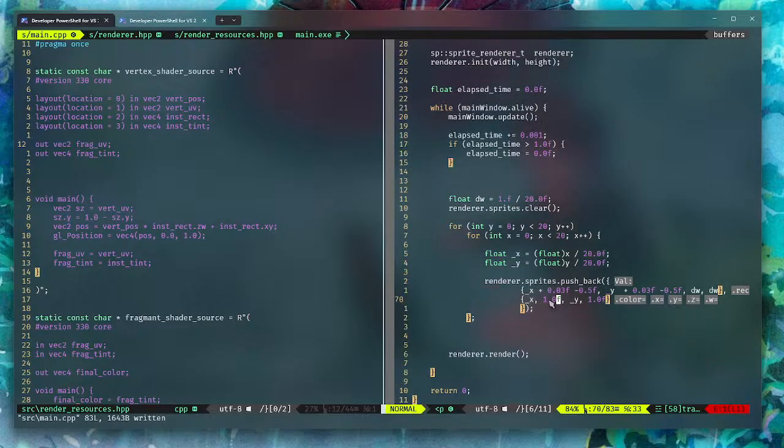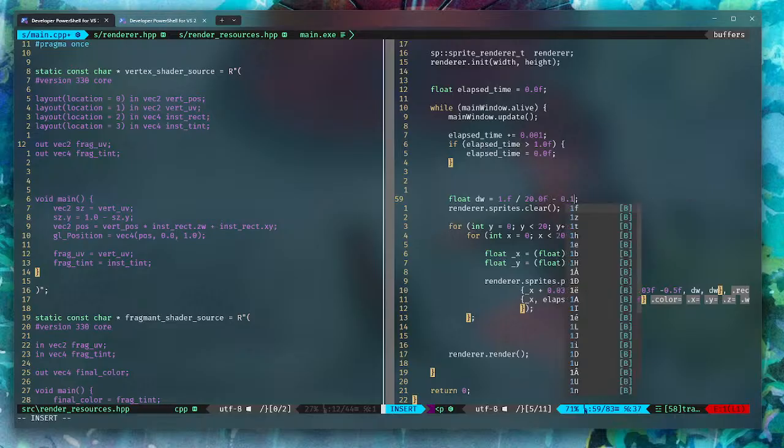And for the red, for the green channel, we can do something nice. We can use the elapsed time, right? To get a sense of the time as well, maybe. And yeah, so that's one thing. The second thing is that DW, I want to make it a little bit smaller so that you can actually feel that,